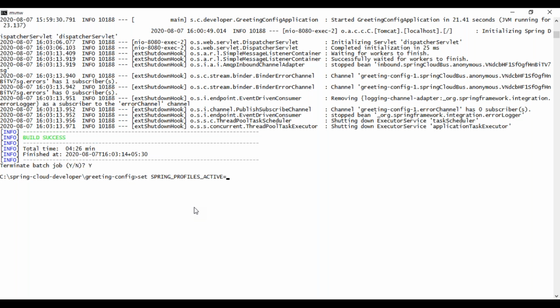I set this one to a QA profile. That's an environment variable. Then I clean my Maven wrapper and say clean, then say spring-boot:run. So when I hit this spring boot run,